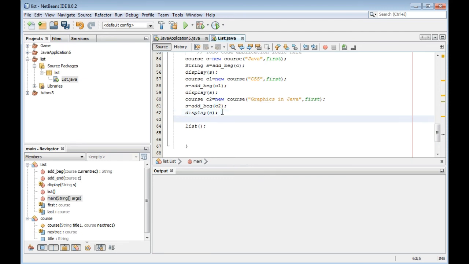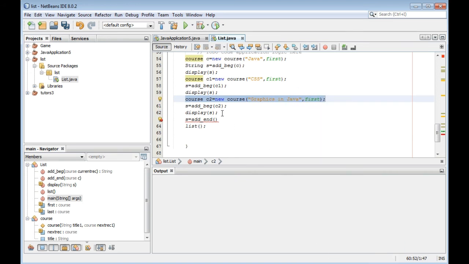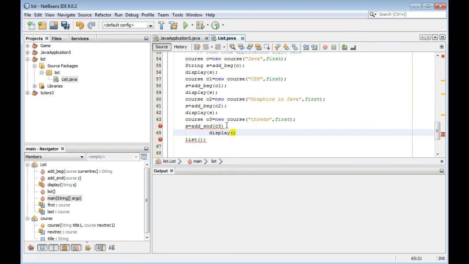So let's see how it works. We should call this function here: add at the end. We should say s is equal to add at the end, and what should be added? Another course will be added at the end.